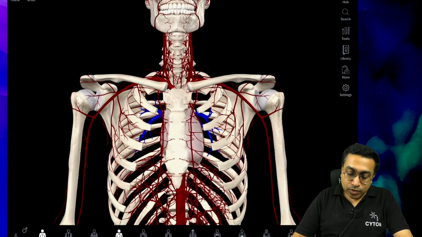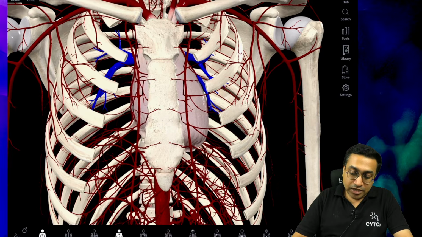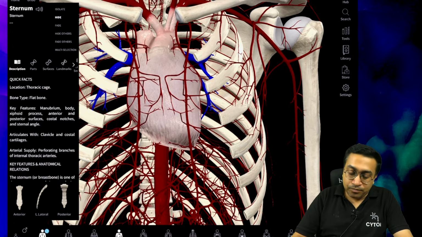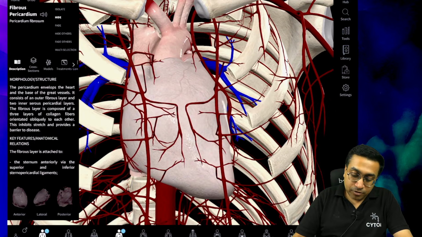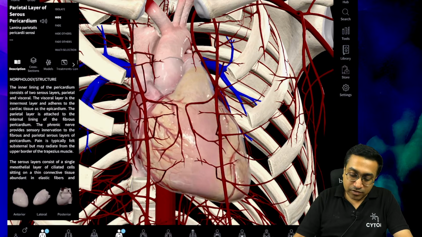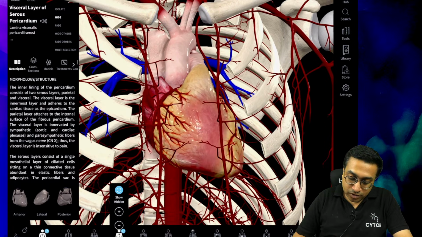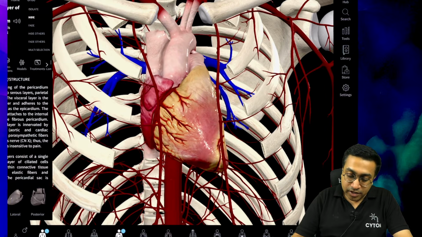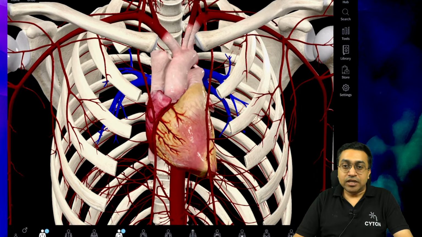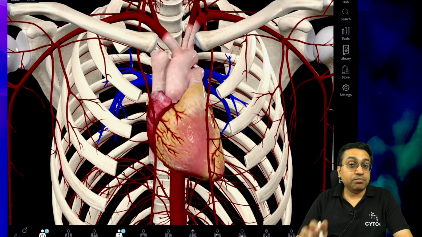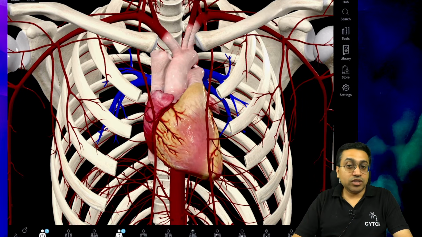Okay, so you can see this beating heart in the center, which will act as a starting point for us. Okay, so let me remove this sternum. You can see this heart with the fibrous pericardium. We will study all these things region wise about the pericardium and everything. Now you can see, if I even just remove the minor arteries, all right, so you can see this beautiful beating heart in this animation, right? So now our job is to understand the major pipes, the major vessels in the body. Okay, so first we will talk about the arteries.